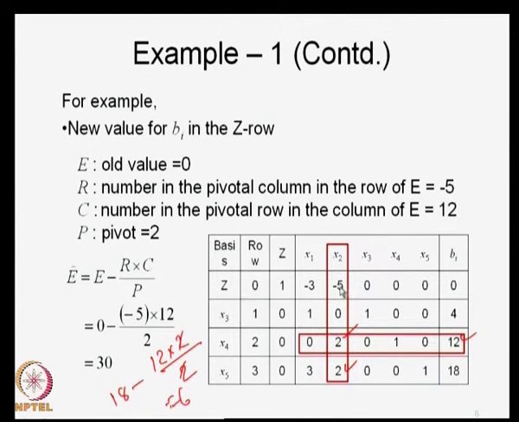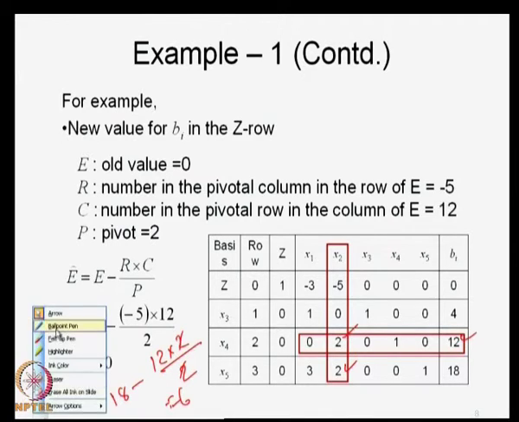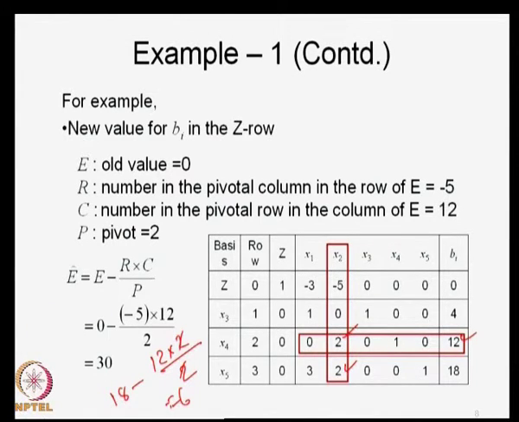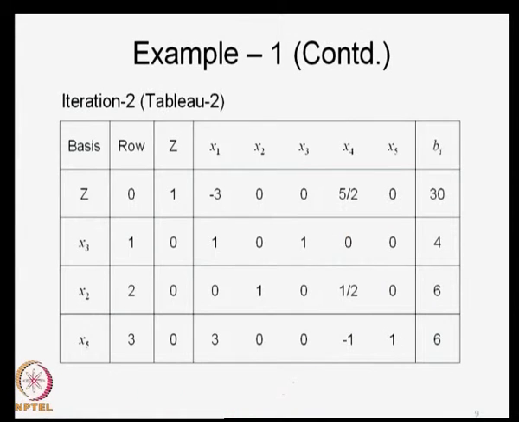Minus 5. So, how do I convert that? Minus 5 itself, because that is a row, into 2 divided by 2. So, that will be minus 5 plus 5, that will become 0. So, like this you simply convert.